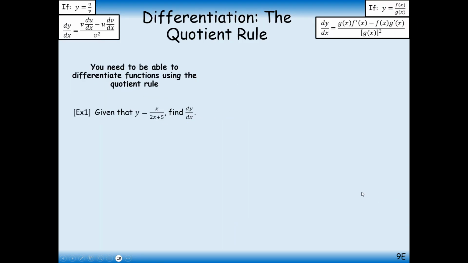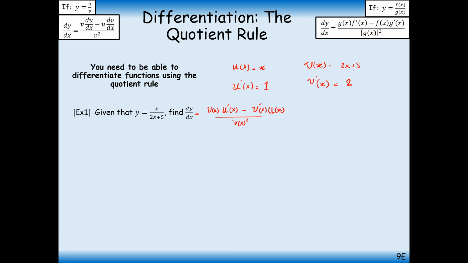Okay, so let's look at some examples where we apply the quotient rule. We're going to take our numerator u of x as x, and the function in the denominator as 2x plus 5, and we're going to find the derivative with respect to x. So u dash of x is simply 1, and v dash of x is simply 2. We said that the order does matter, so the final dy by dx is going to be v of x multiplied by u dash of x, subtracting v dash of x multiplied by u of x, and all that will have to be divided by